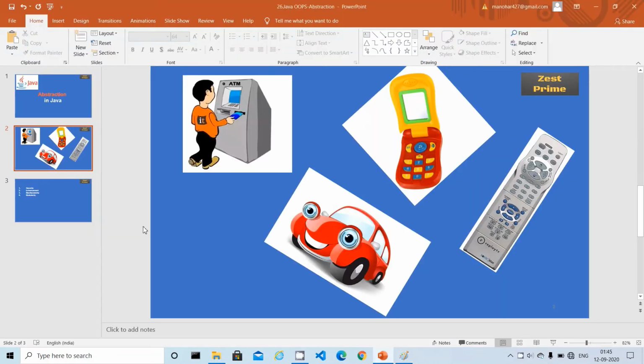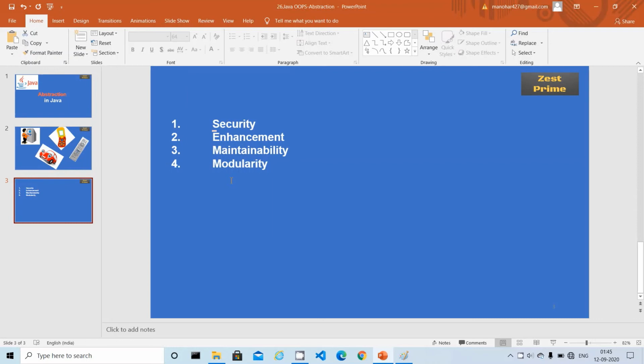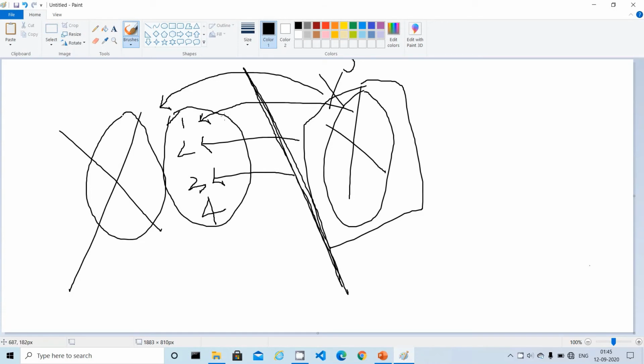If we see here, we can achieve four advantages in the case of abstraction. The first one is security, and this is the major one. How are we going to achieve security? We have services over here and the end user over here. Whenever we are building the services, we don't need to explain to the end user how the service got implemented, what database we are using, or how the request is received. So this is the way we can provide more security between the end user and the services.